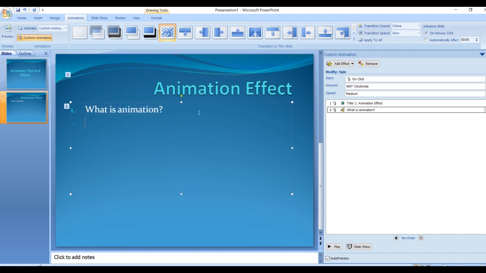I have shown. So now where to go and how to go, I'll show you the direction to go. Go in the animation tab, then select custom animation.